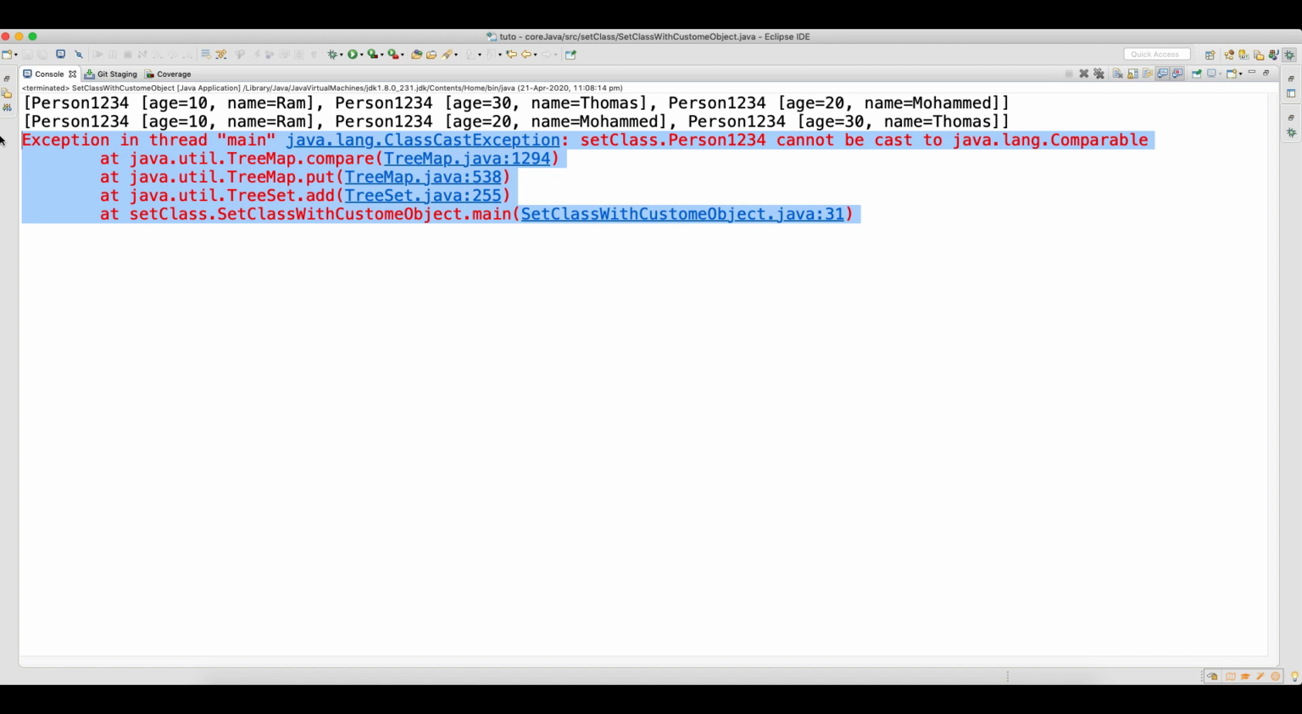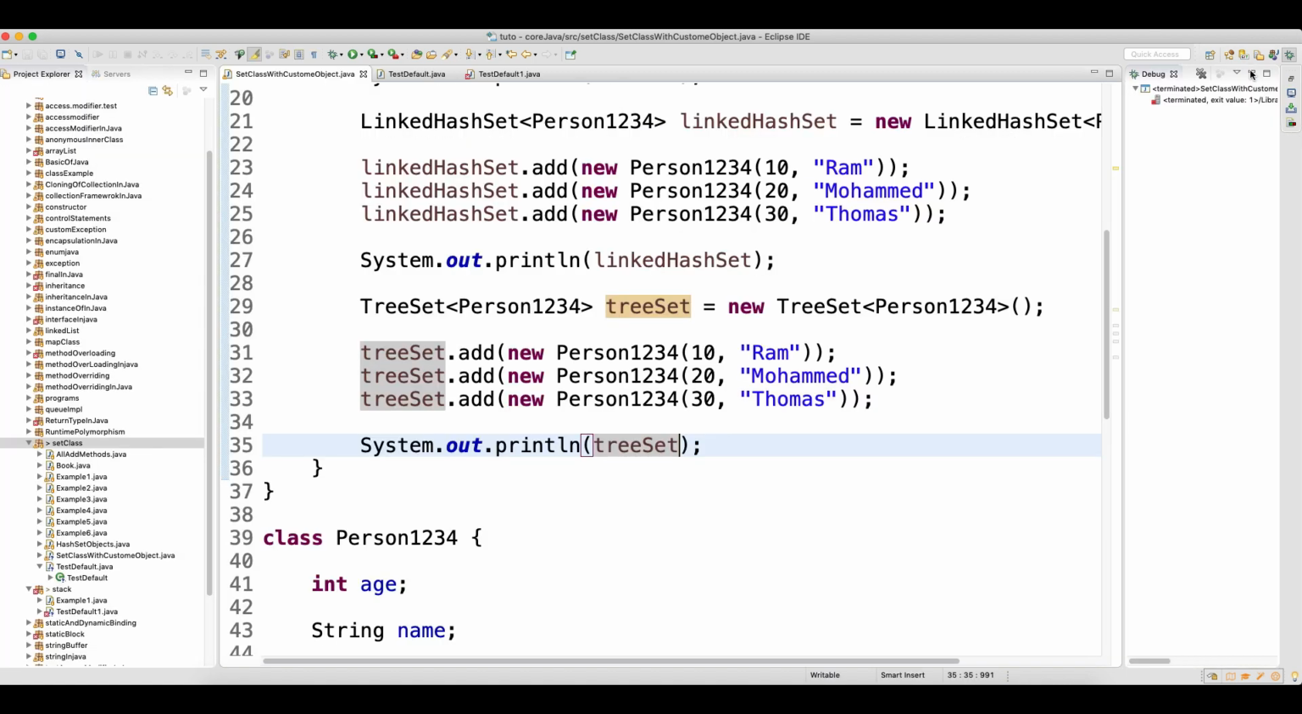It's up to you, right? So I have covered in great detail when I was talking about comparator and comparable. Here the same logic will come into the picture. So guys, this you can add, but when you try to print this, you will get a ClassCastException, because